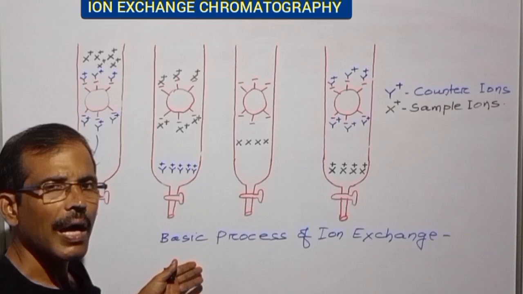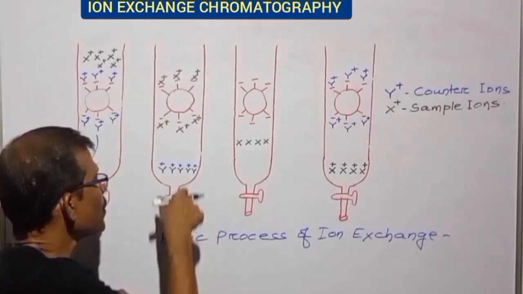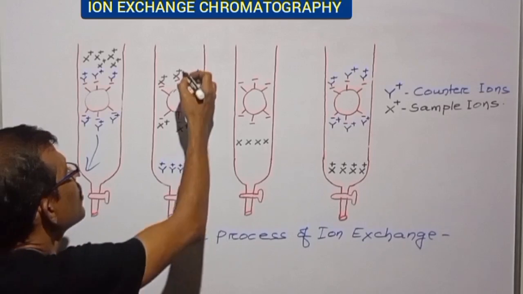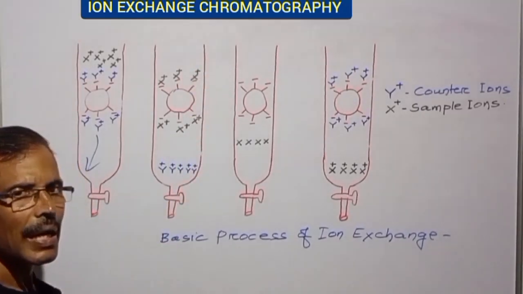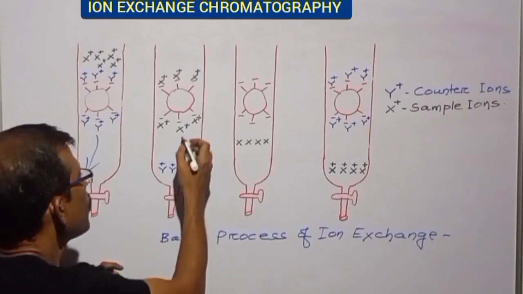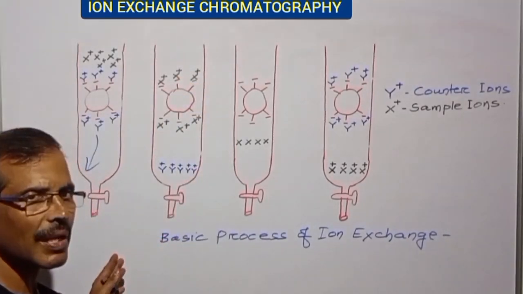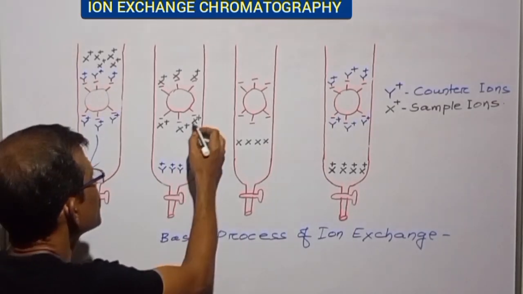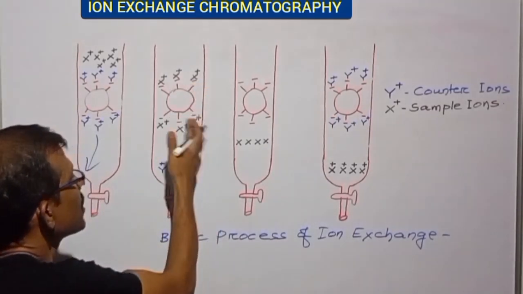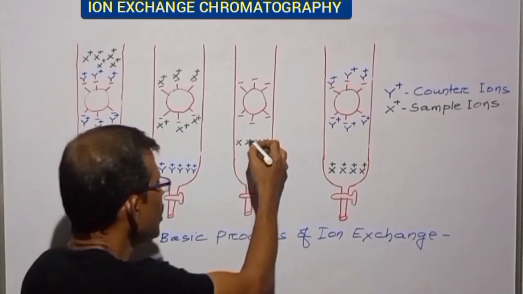When we apply a buffer solution of greater pH on the top of the column, the buffer solution will migrate downward through the column, and due to its effect, positively charged compounds X+ will be converted into uncharged form. As a result, these compounds will be dissociated from the ion exchanger,